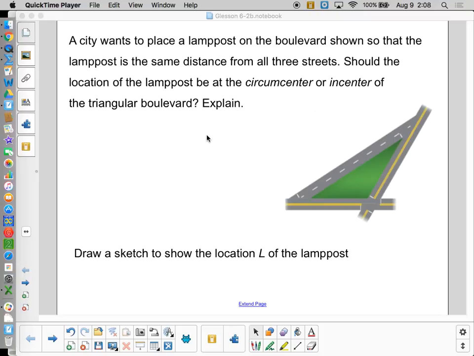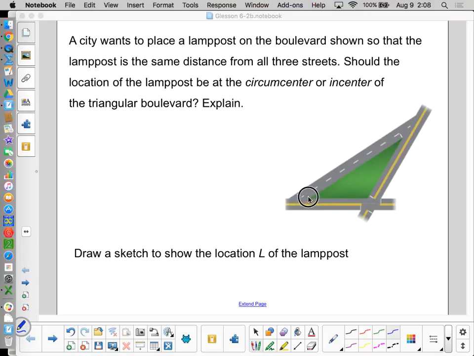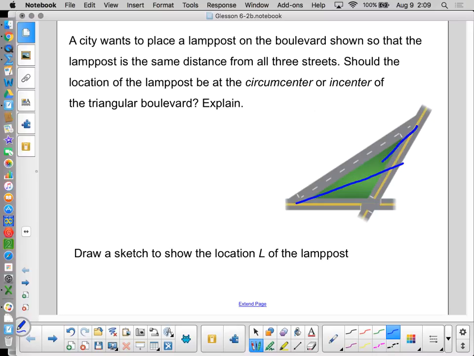So which one is it? Do we want the circumcenter or the incenter? We want to be equidistant from the sides, because the roads are sides. I don't want to be equidistant from the intersections. I want to be equidistant from all three streets. So what I'm looking for here is a point that is on all three angle bisectors. So if I draw in my angle bisectors,